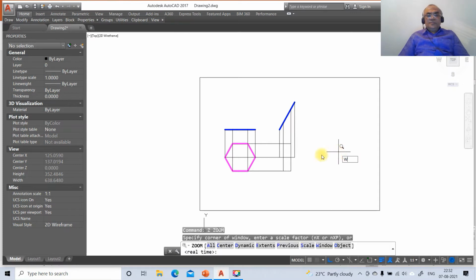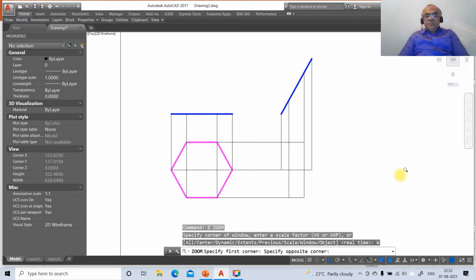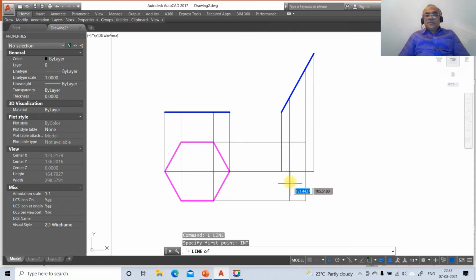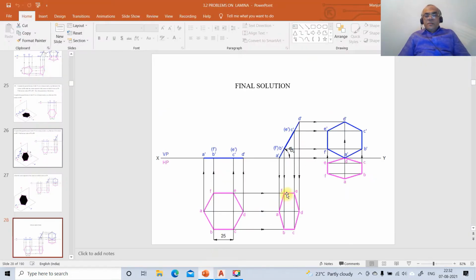Then go to zoom window, then go to line, take intersection point of this, take intersection of this and take intersection point of this. Similarly, line, take intersection of this, take intersection point of this and take intersection of this. Now we need to break this line till here, and this line till here, and this line till here, and this line till here, and this line till here,